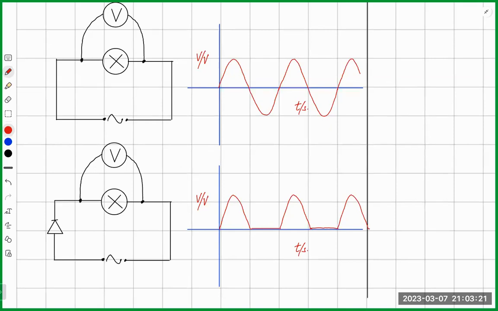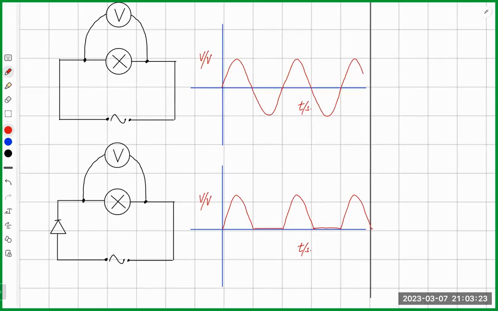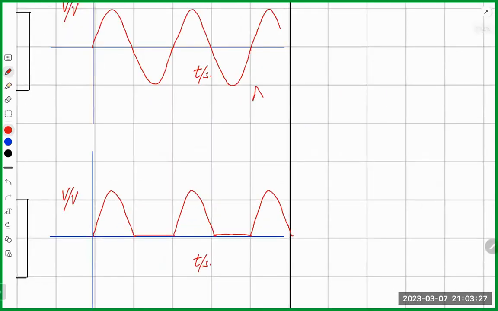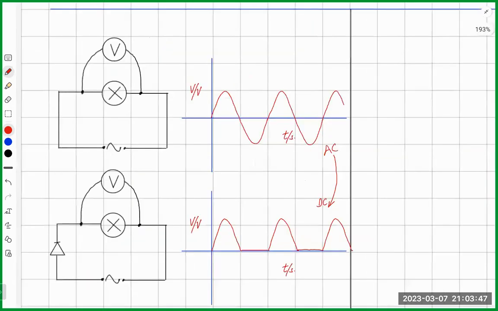So that means an AC is being converted into DC. This is AC being converted to DC, direct current. Okay, it is not a constant direct current, but yes, it is a direct current because it is not changing its direction. So this is called